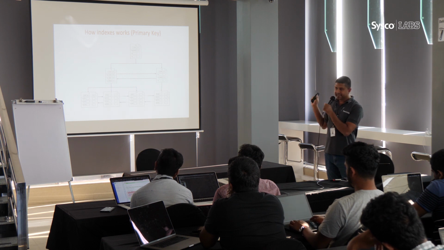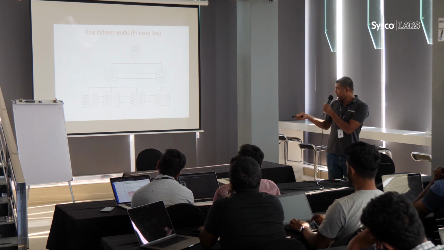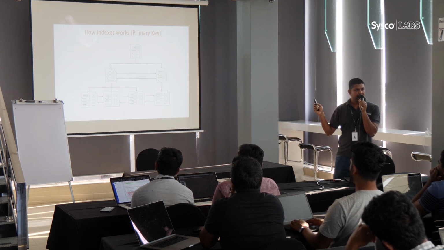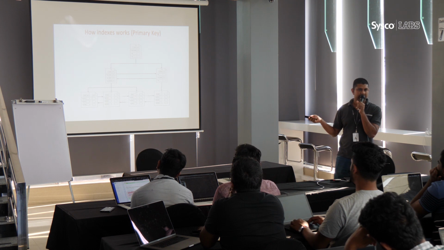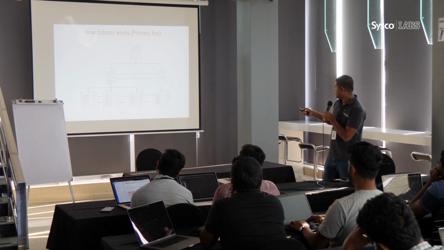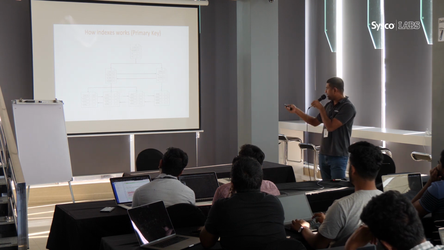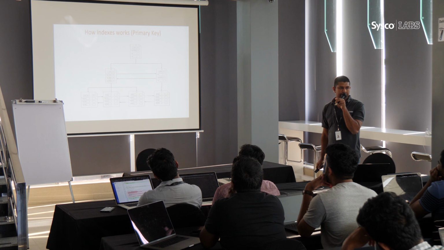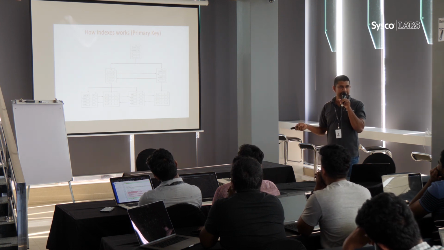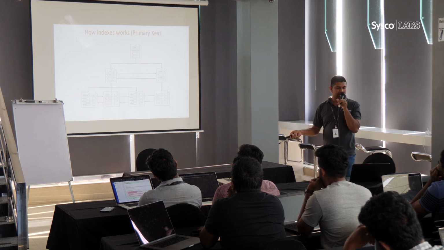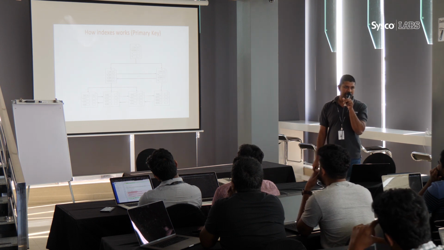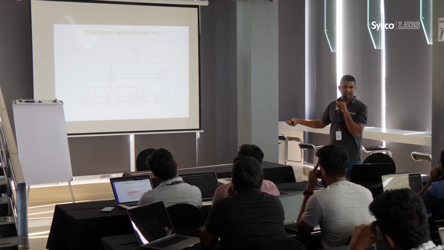So now, in case of a primary key, the difference is all the data files are also arranged or sorted based on the primary key. For example, assume the first column is ID and it holds numbers. As soon as you add a primary key, the data files also get sorted: the first page file will have the lowest numbers of records, the second page file will have the next, something like that.